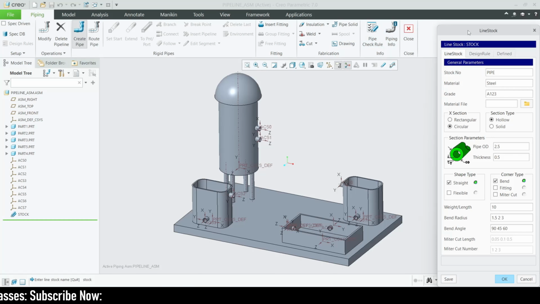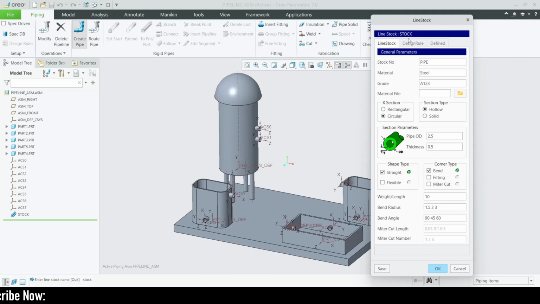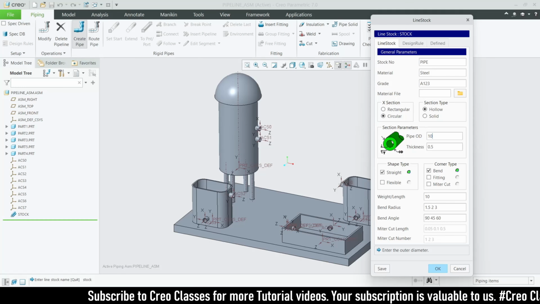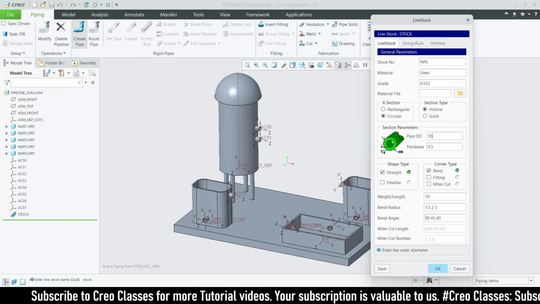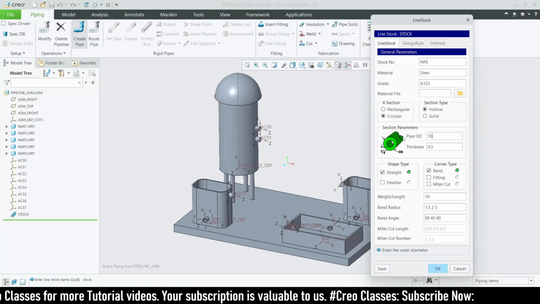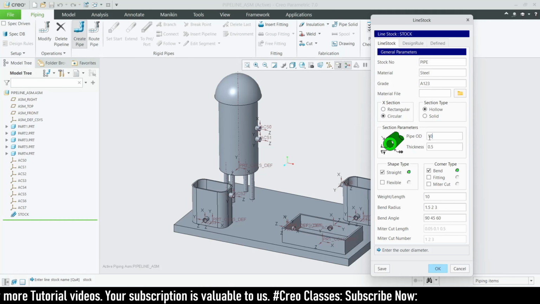As you can see, this is the line stock that we have created. It is named as stock. So everything will be same. I don't want to edit all those parameters. But at first, the three things that you have to mention here are pipe outer dia, thickness, and the bend radius. So I'm going to enter this pipe outer dia as a value of 10, because we created the hole outer dia as a value of 12, but the inner dia of the hole was created with a diameter of 10. So I'm going to create a pipe outer dia as a value of 10, and then